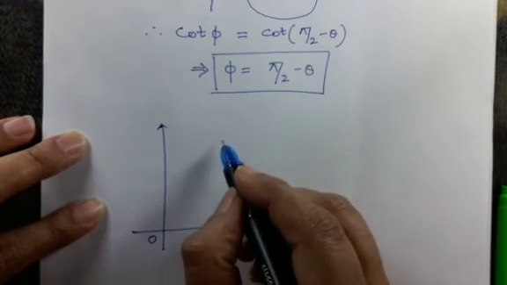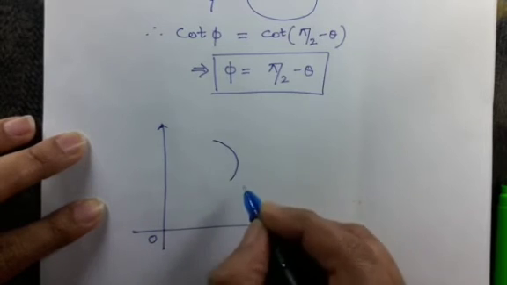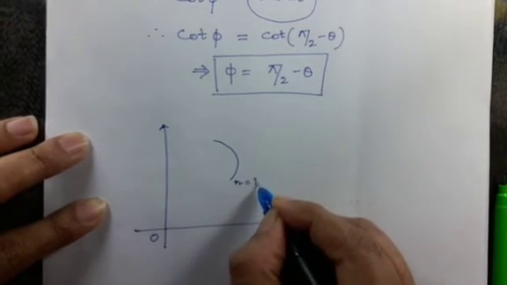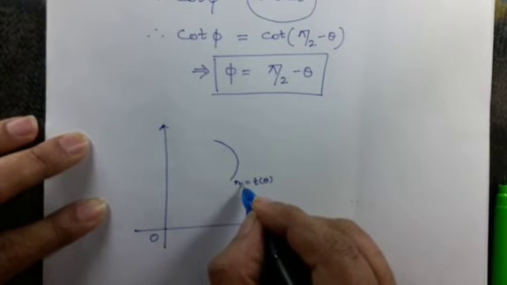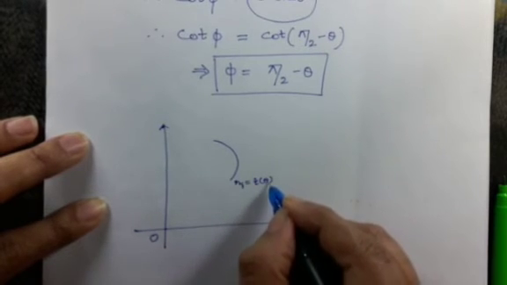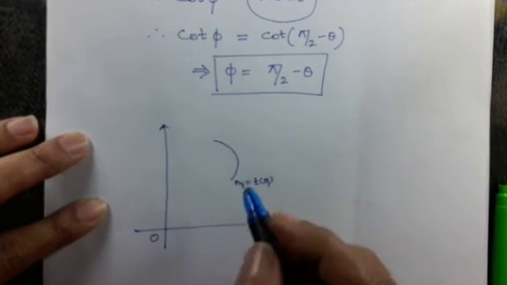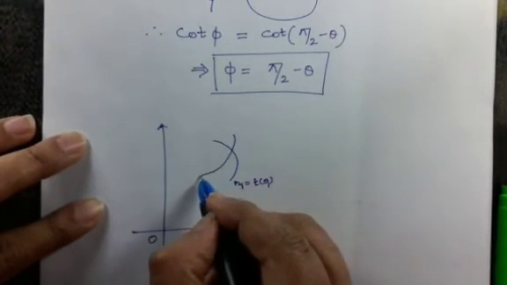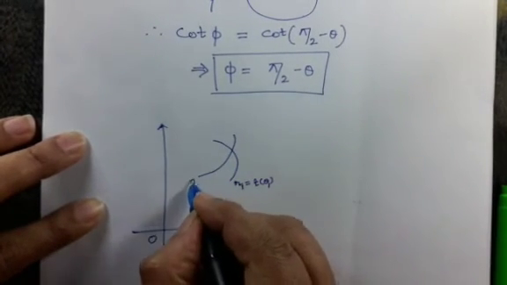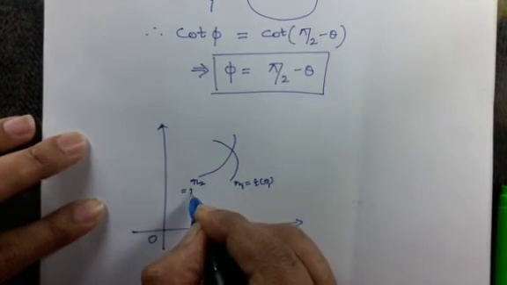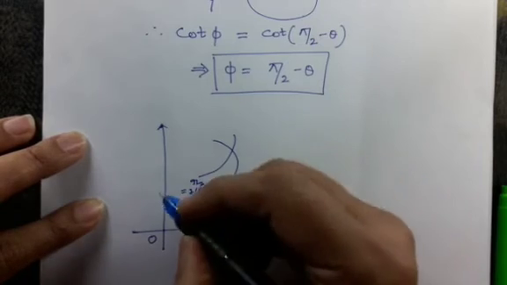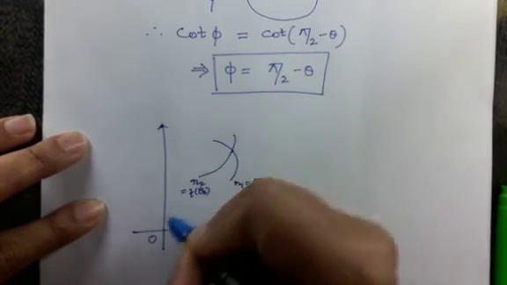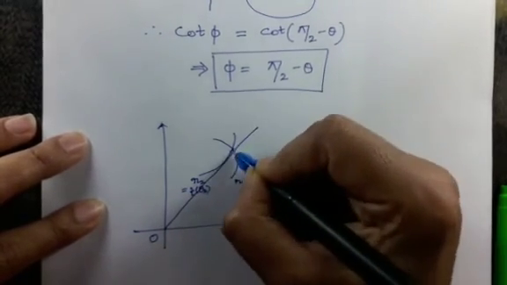As you know already, this is a polar curve. r is equal to f of theta. So instead of taking one polar curve, I will be taking two polar curves. Let me represent it as r1 is equal to f of theta 1. And one more polar curve I have, that is r2 is equal to f of theta 2. These two curves are intersecting each other. Now what is the radius vector? r is the radius vector here.